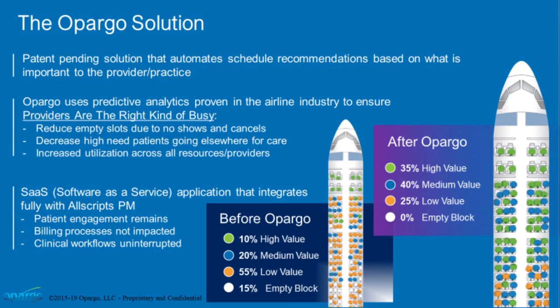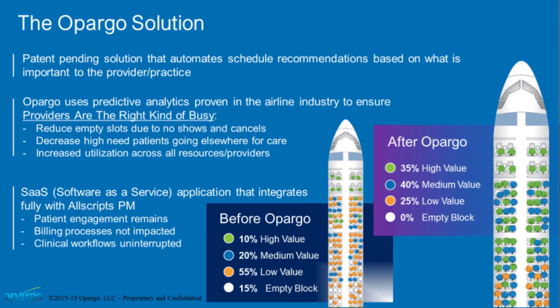Opargo uses historical data to predictively place patients in the time slots that meet a combination of patient medical necessity, revenue prioritization, and any other value criteria determined by your practice. We hold appointment times on your schedule for the valuable visits that we know will come, making sure your providers are what we call the right kind of busy. The overall goal is to help reduce the impact that no-shows and last-minute cancellations can have on your practice and make sure that we get high acuity patients booked within a desirable time frame so that they don't go elsewhere